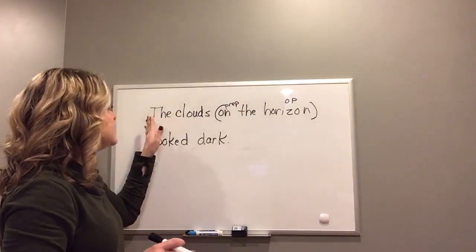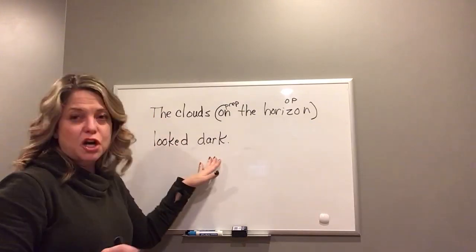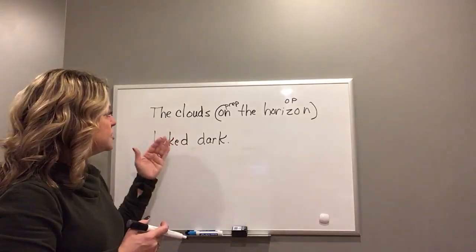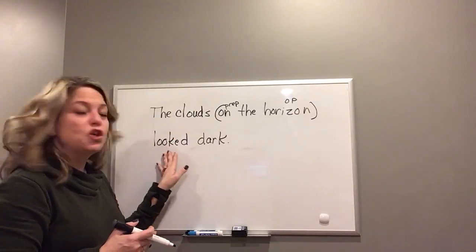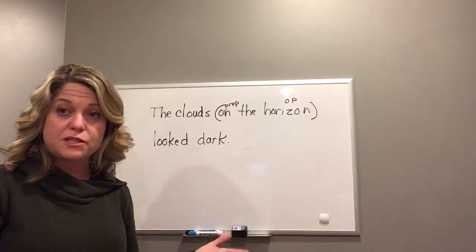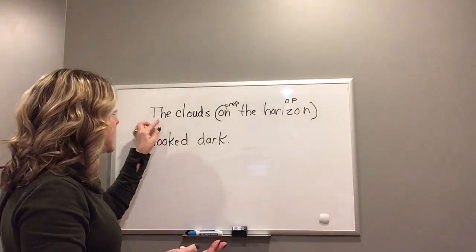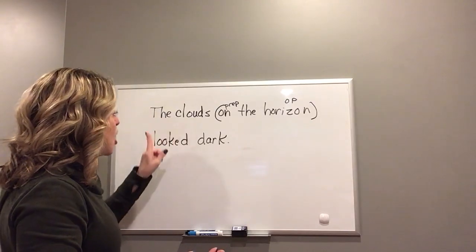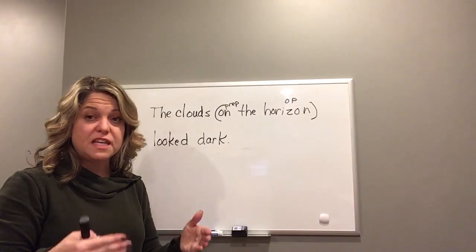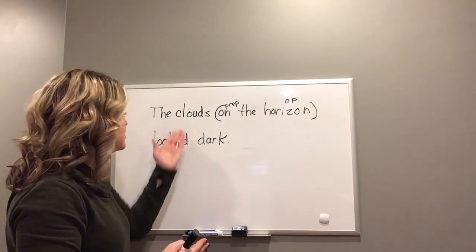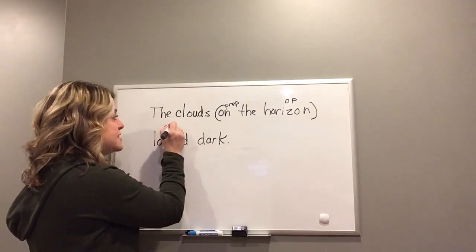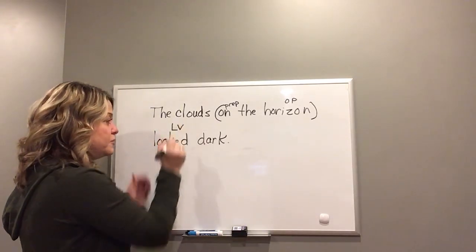Now we want to look at the rest of the sentence. Really, the clouds looked dark. Let's find our verb. The clouds looked dark. I recognize that looked is a verb. Now, is it an action verb or is it a linking verb? Let's run the test. Can you say, the clouds are dark? Does that make sense, to use a form of is or a form of be? The clouds are dark. Yes, it does. That makes sense. So we know that this is a linking verb, okay?